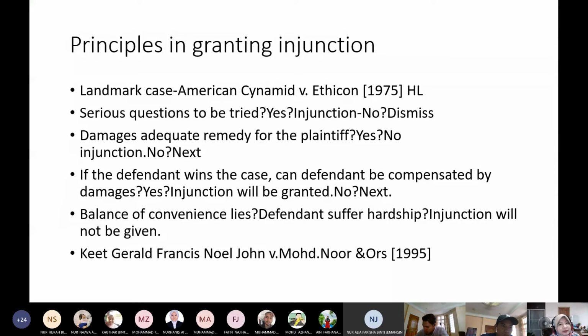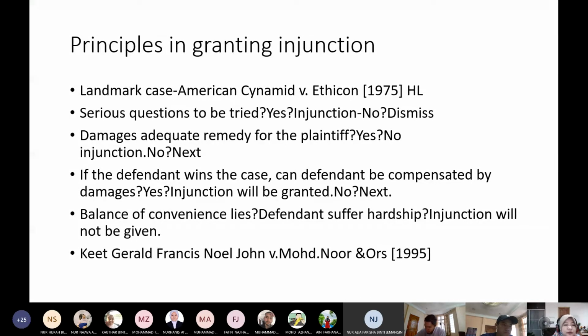So it's a lot of money. So pay attention. Number two is, are damages an adequate remedy for the plaintiff? Can you compensate the plaintiff with money? If yes, there will be no injunction. If you can pay the plaintiff with money, if damages is a good remedy for the plaintiff, the court won't give you an injunction. If it's no good, if you cannot compensate the plaintiff for all his losses suffered,